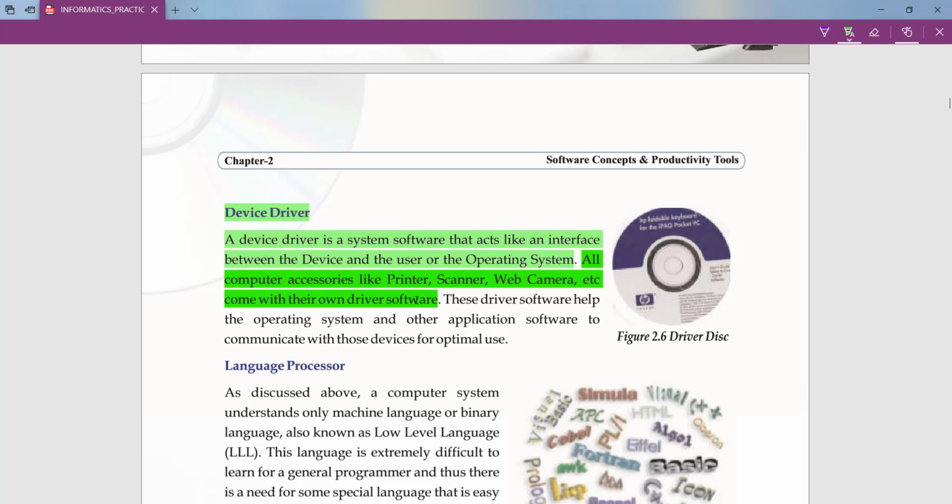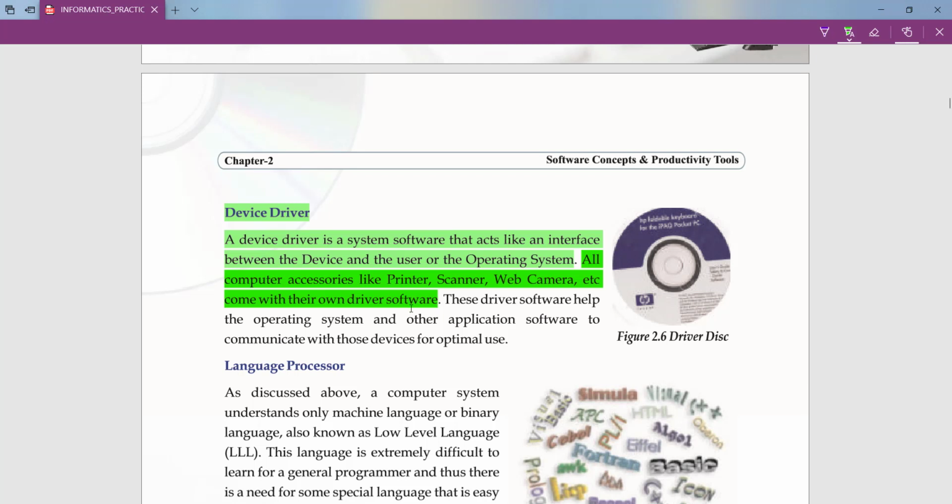Without it, we can never interact with this hardware. So first you have to install the device driver, then the user and operating system are able to communicate with that